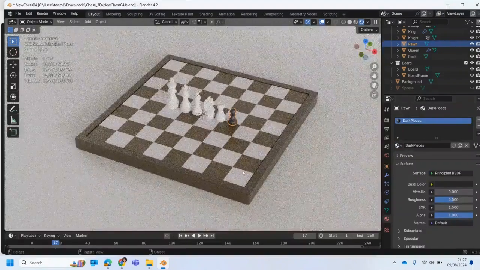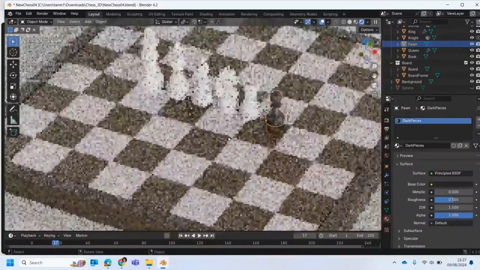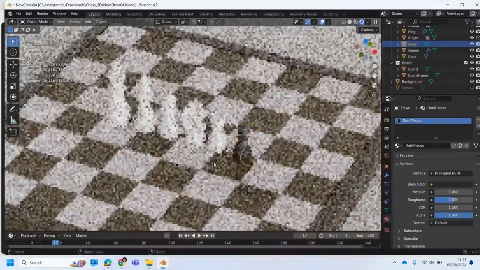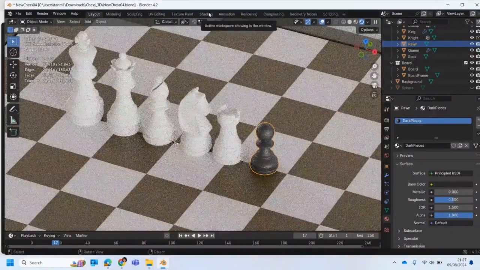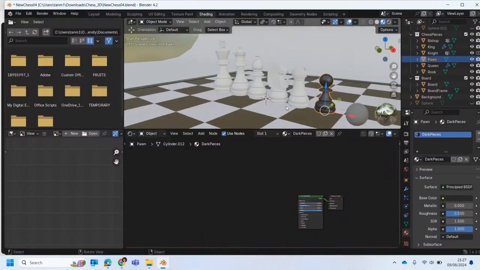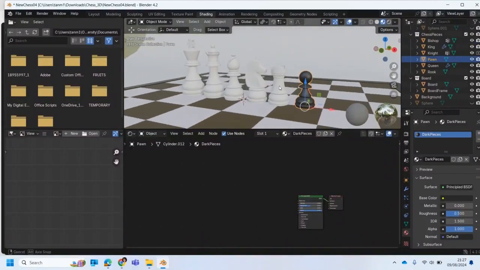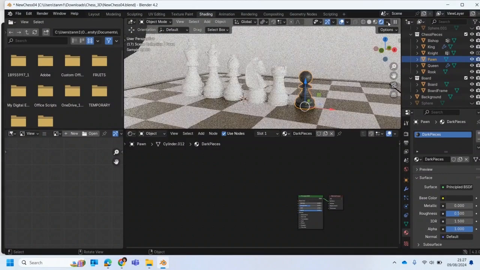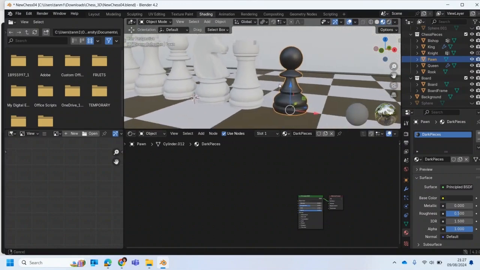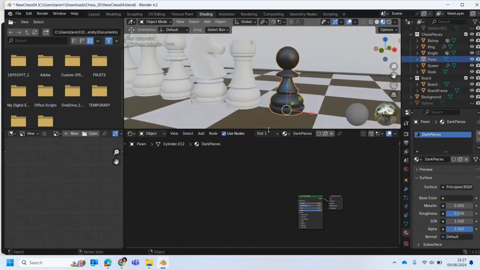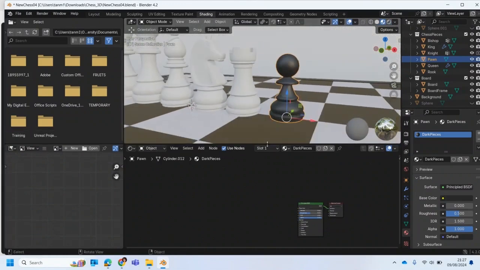Okay, now let me just get closer to it. Right, so I'm going to go to shading, the shading mode here. And I'm going to be here at the viewport shading, the second one, because the third one the computer will try to be rendering real time, and this computer is not that powerful. Anyway,